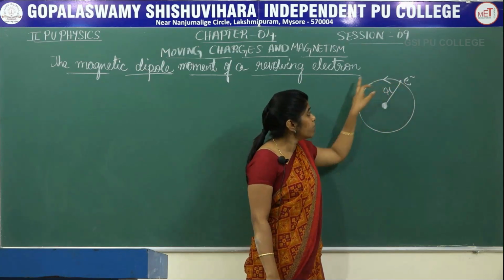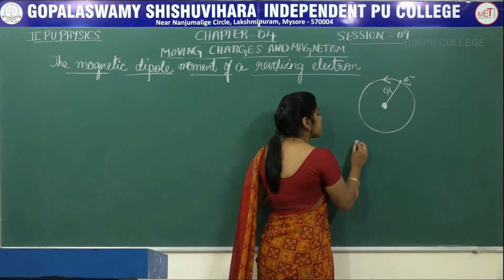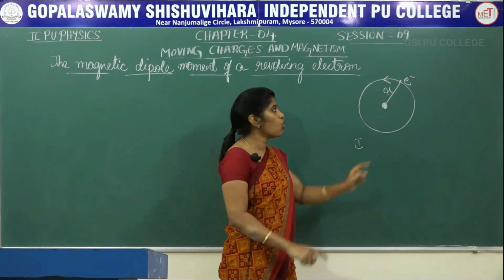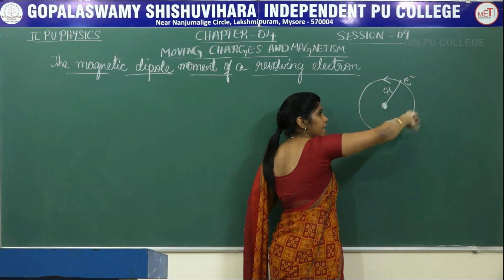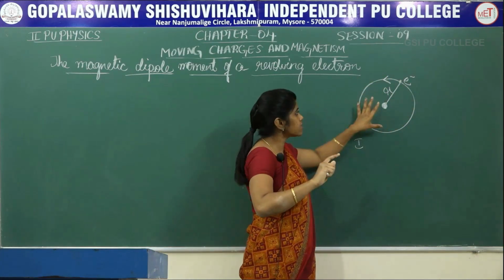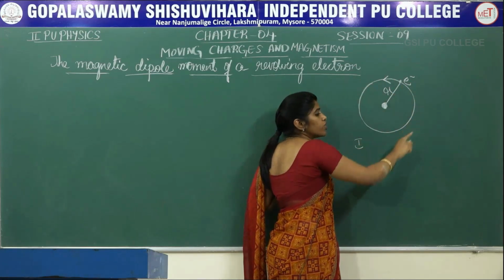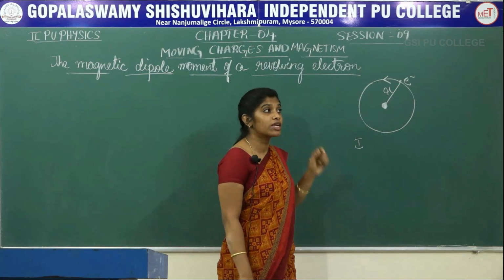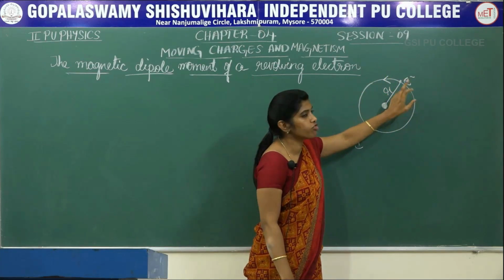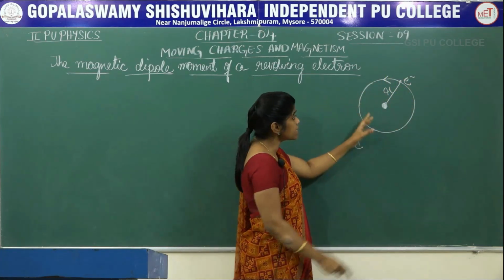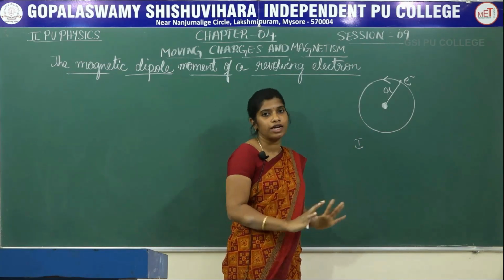So the movement of this electron will constitute some current I, and this current I will be in the direction opposite to the movement of the electron. So if I say the electron is revolving in this direction, then the current in this loop will be in the opposite direction. So the direction of current here should be taken opposite to the movement of the electron. So this is just similar to a circular current carrying conductor.